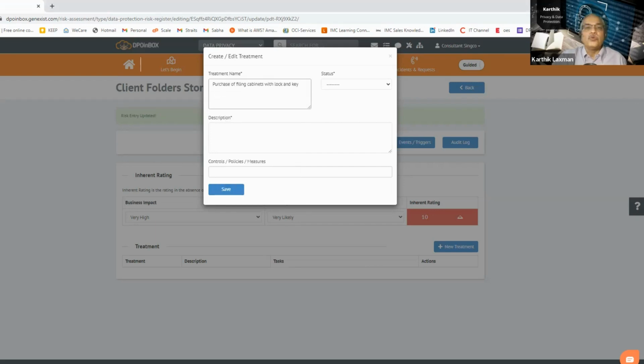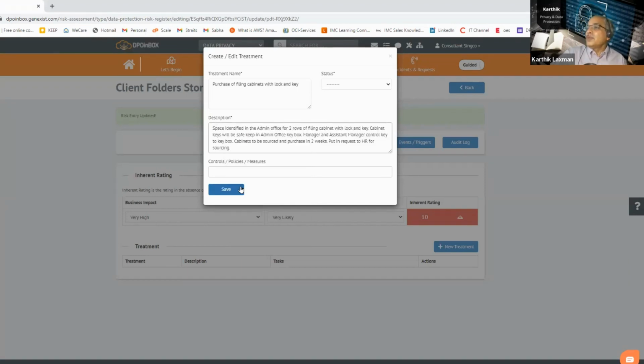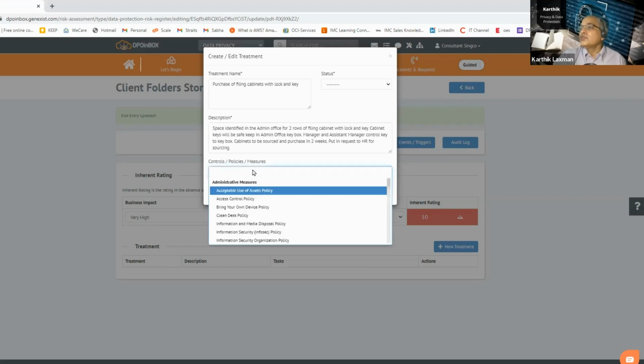And then you want to put it in a very specific place. So you can also do that, give the description here. So you identify the space in the admin office where you're going to put this filing cabinet and things like that. And then primarily the policy that is going to be affected by this is basically your